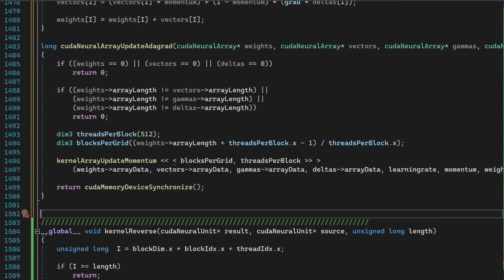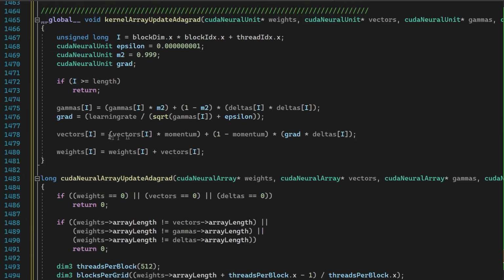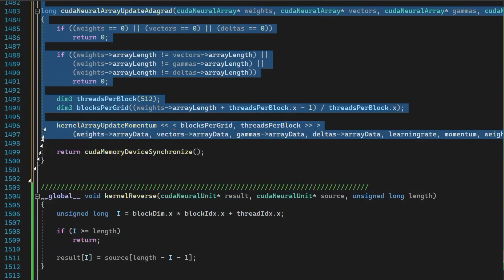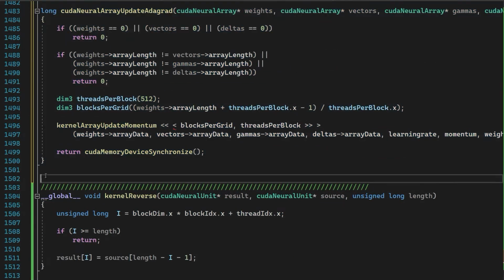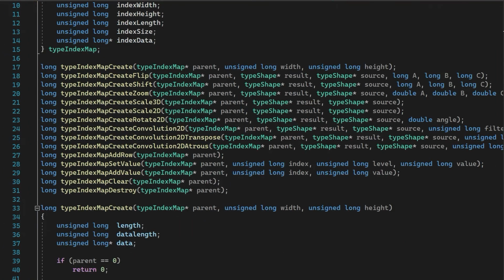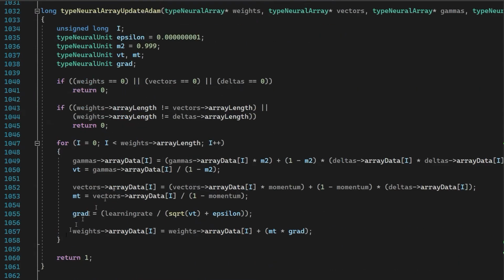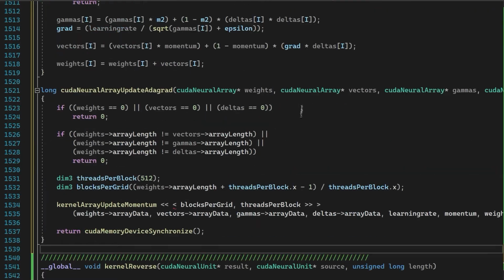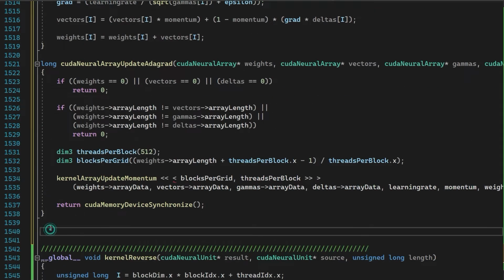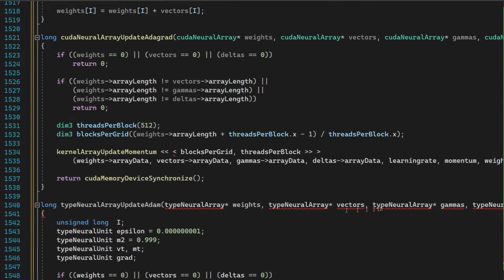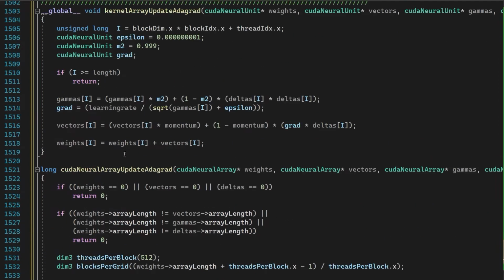Okay, almost there. Weights.array length. And now for the last one. We're just gonna copy everything down here. Now we'll change everything to Adam. Update Adam. Just copy everything here, just so we don't mess anything. The parameters are mostly the same, so we don't have to change much. Okay. Adam is weights, vectors, gammas, deltas. Everything's the same. So let's just copy the parameters